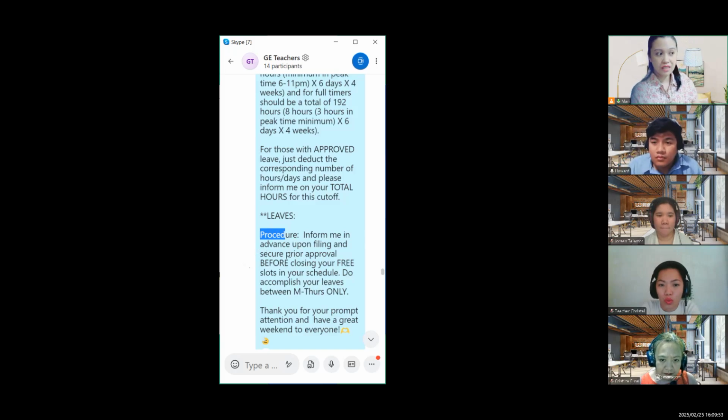But let's say it's an emergency leave, then that's possible. Let's say you are hospitalized or something like that, right? Hopefully not. But I just need some attachment for that in order for me to approve it and then the office to approve it as well. So the keyword there is to file in advance and inform me. And then it doesn't work automatically. You need to close it.